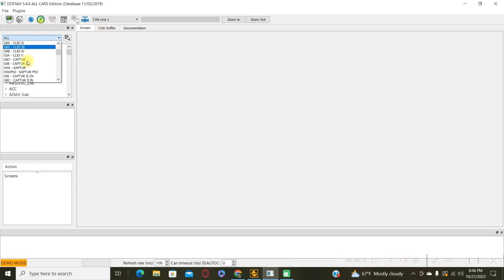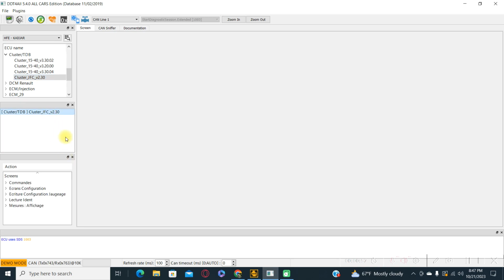First of all, select our model and go to the cluster TDB, and cluster GFC, double click, écrans configuration and conf prestations